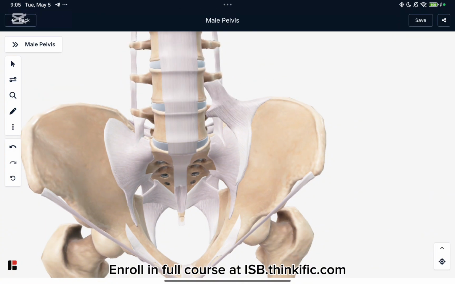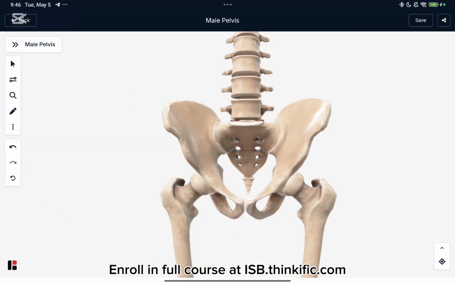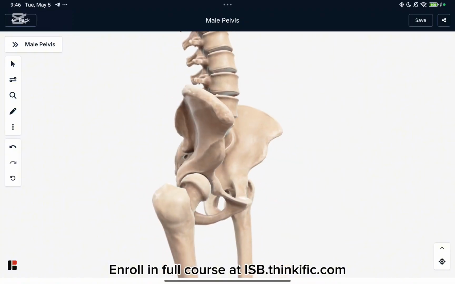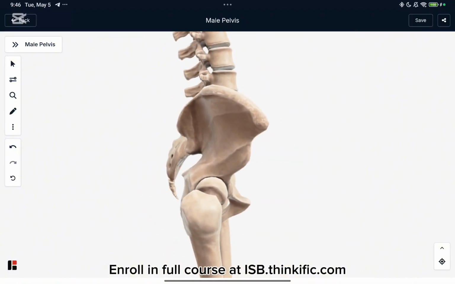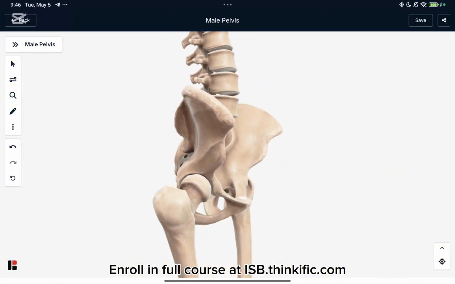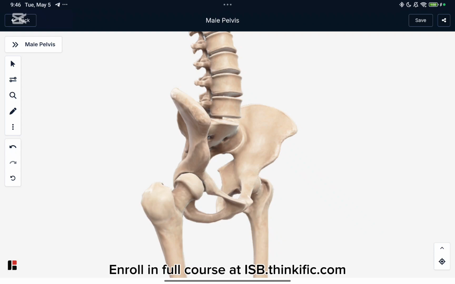All right, so I think we've covered everything regarding the bony anatomy of the pelvis. Next, we move to the orientation of the pelvis and differences between male and female pelvis. Now, the pelvis is actually oriented in the standing position, or the anatomical position, such that the pelvic inlet